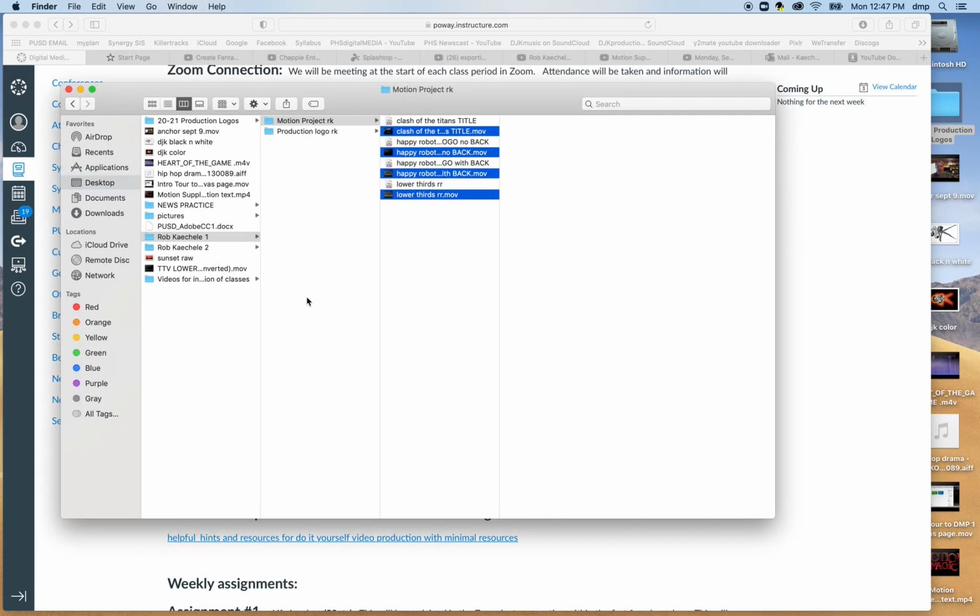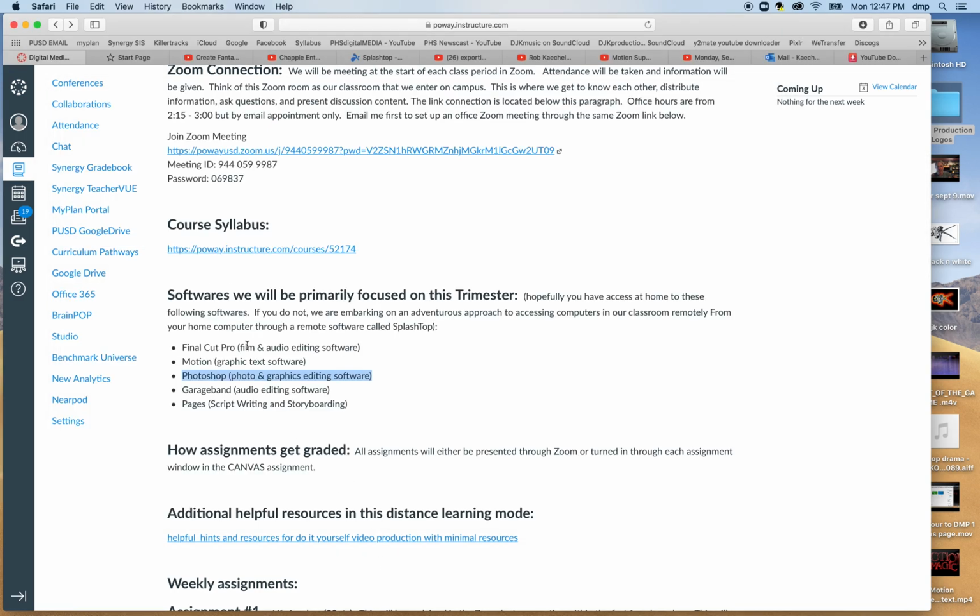production logos. In addition to that, we'll be working in sound scores with GarageBand. They can create GarageBand loops and sound scores through that. And we also utilize a database of sound scores from a website called Killer Tracks, which the district pays for a licensing for. They'll do scripts and storyboarding, and that's primarily what their needs for software in this class are